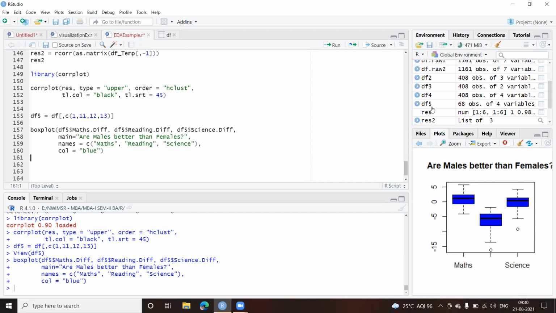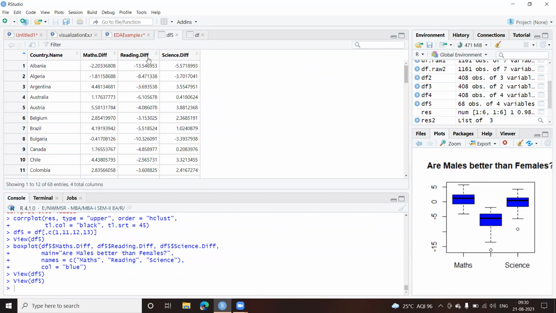So let us come back to DF5. Now you can see the columns here. I don't want these to be the column names themselves. If you remember, we had used pivot longer last time. So I'll have one column called test diff, and in that I'll mention these values: maths.diff, reading.diff, and science.diff.